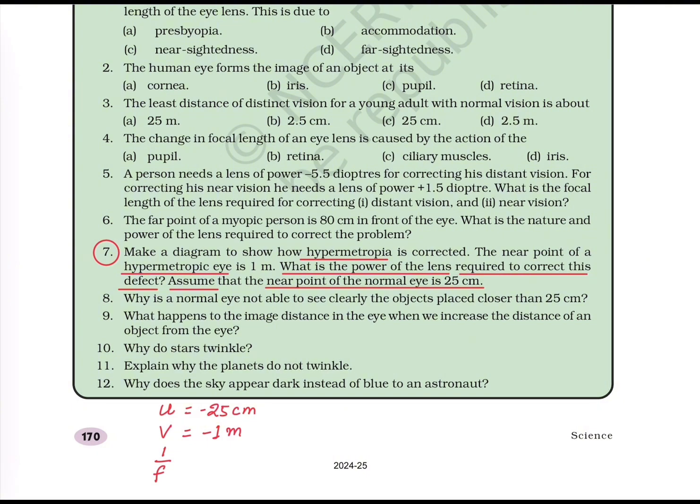Now when we have to calculate the focal length of the lens which can produce image at 1 meter of distance when object is placed at 25 centimeter, we simply have to go to the lens formula, and the lens formula is 1 by v minus 1 by u is equals to 1 by f. So using this lens formula, we are going to calculate the focal length. For this, we will simply place the numeric values in the formula, and we will get